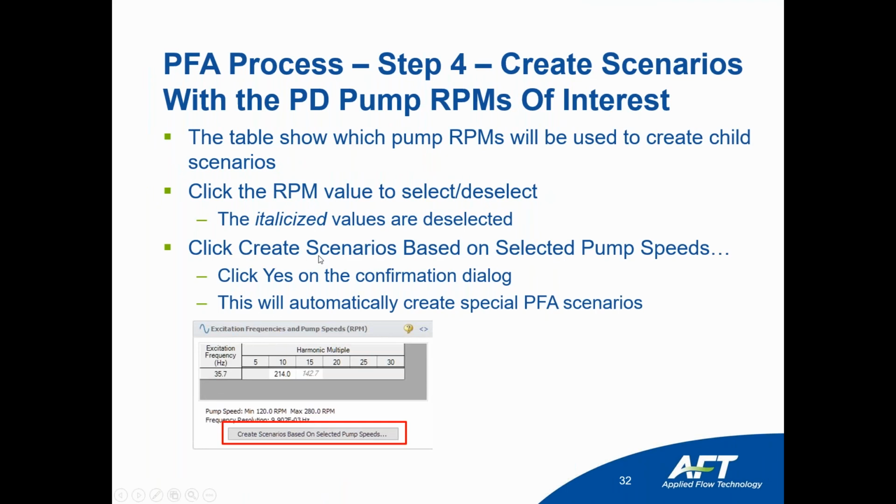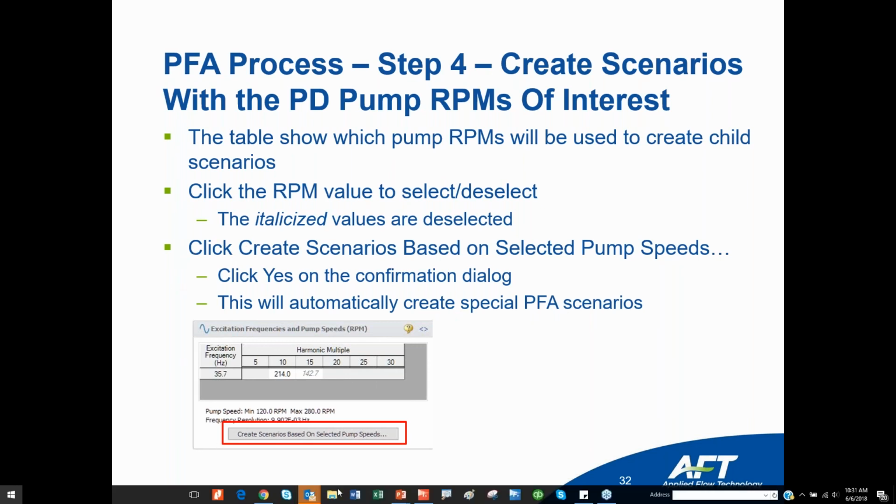So you drag and you select the frequency you're interested in, and then you can create a scenario for each frequency to analyze whether or not the system complies with API 674. So here in this case, we selected 34 hertz, and you can say evaluate the excitation frequency. And once you do this,